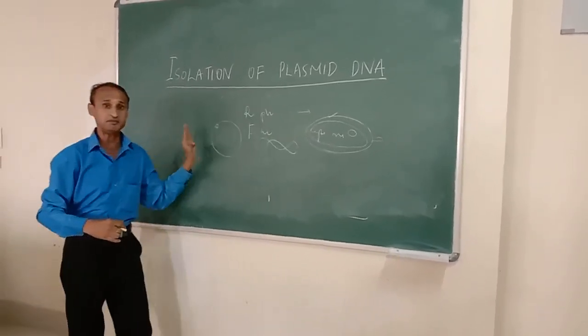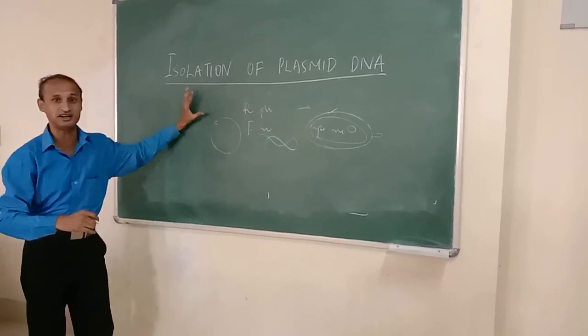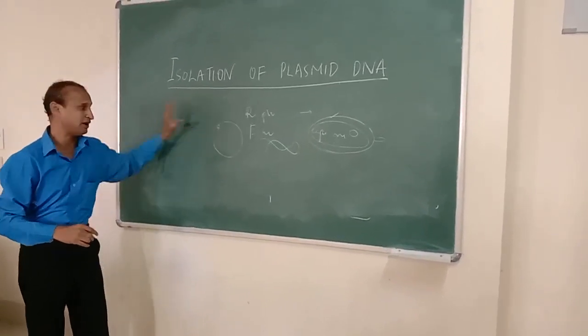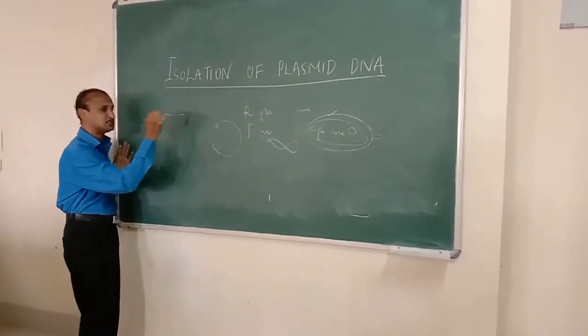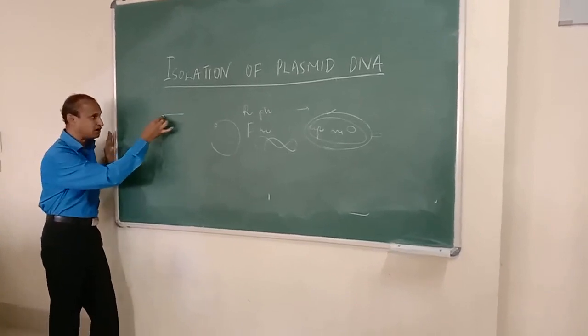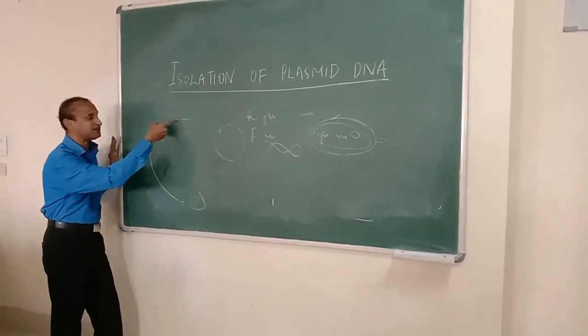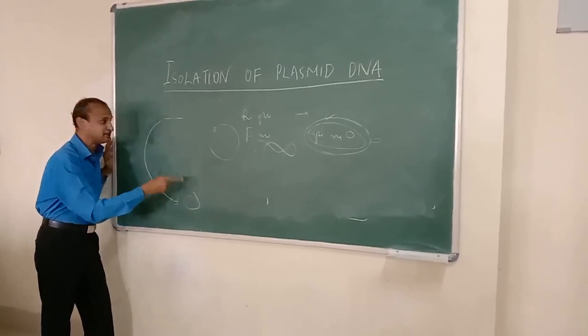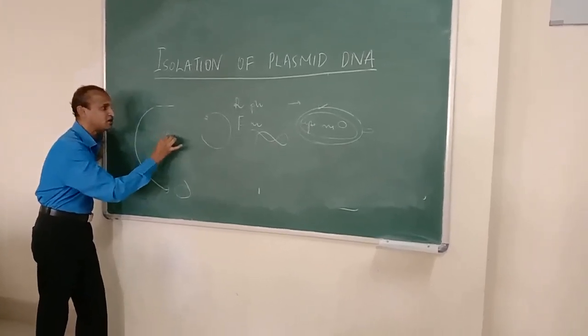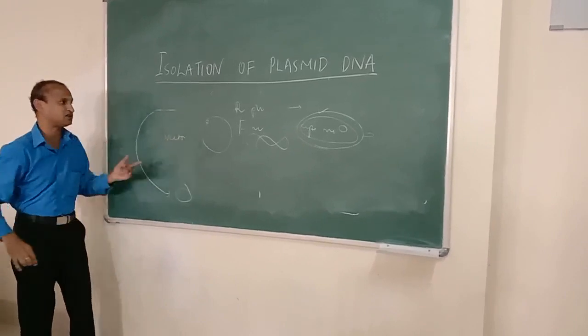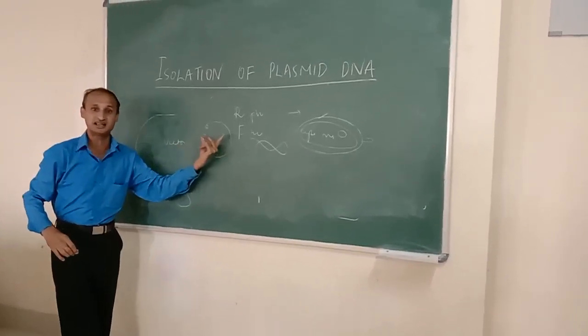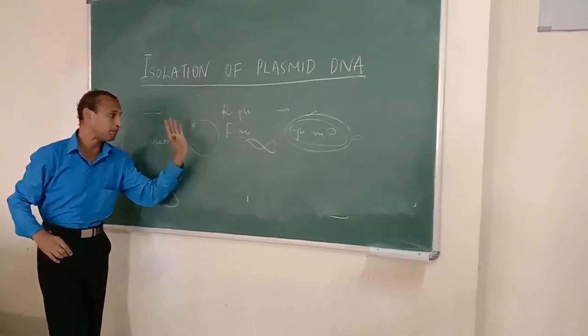The plasmid plays a very important role in recombinant DNA technology. All of you might have studied that the desired genomic sequence will be taken. If you want to transfer this desired genomic sequence into a particular host, you cannot directly put it in. So in that case, you require a vector. One of the most important vectors we use in molecular biology is the plasmid. That is the application of the plasmid.